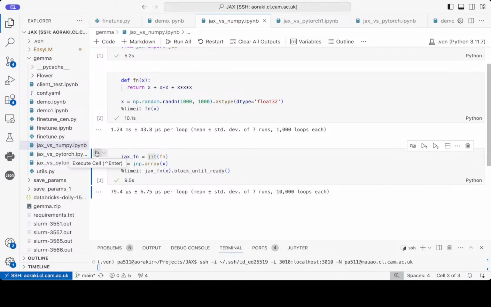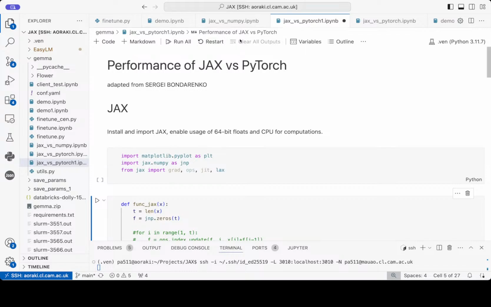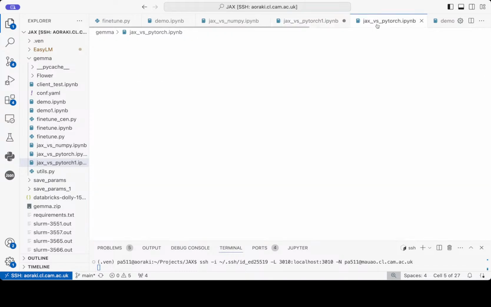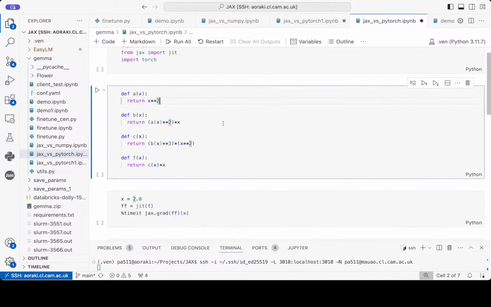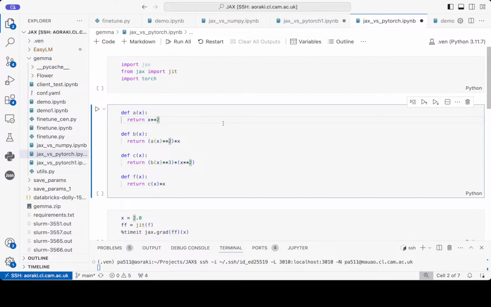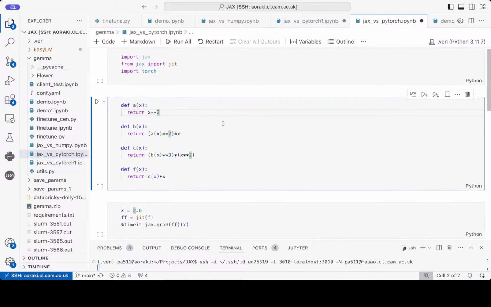Great, but we're here to do ML. We're here to do machine learning. So how would this work with PyTorch? Let's see here. We have a PyTorch example, and for this example, I've decided to give you a few different levels of complexity. I have a few functions, and assume that those functions are layers in a neural network. So we have layer 1, layer 2, layer 3, and then we have the final layer that does everything.